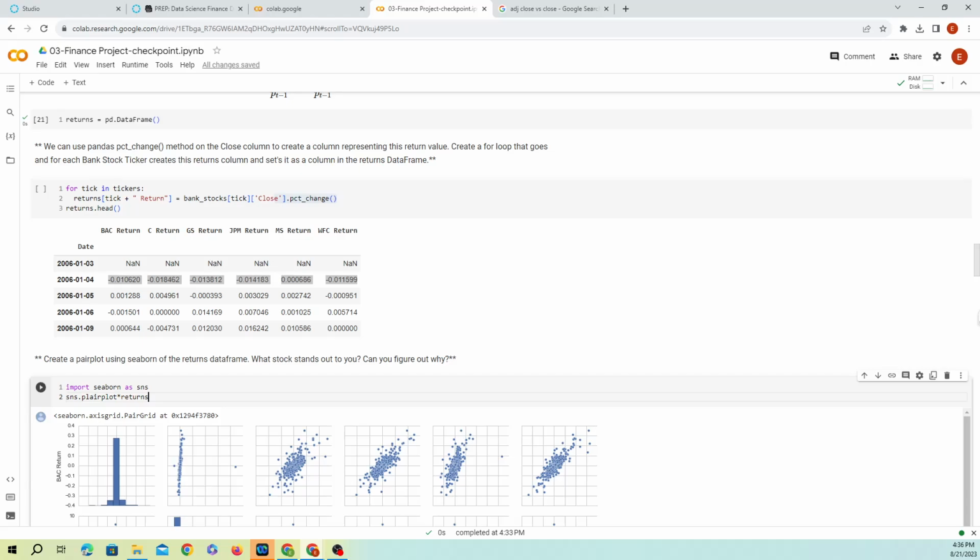The reason we want to start at 1 is because you notice that on 2006 January 3rd, there's no data, so we can't graph a null value, right? So that's why we're going to exclude that information. And now we do this, and this is going to create a pair plot. What does that mean? It means that it's going to compare every column with each other, to be able to see if there is any correlation between each of them.